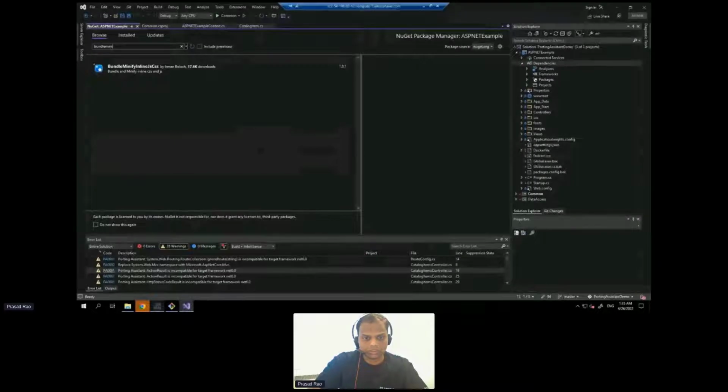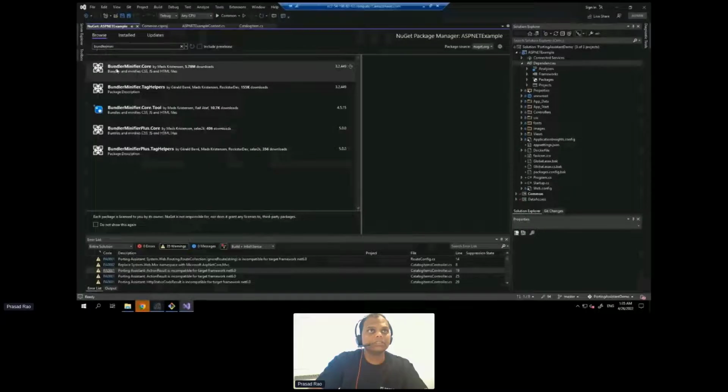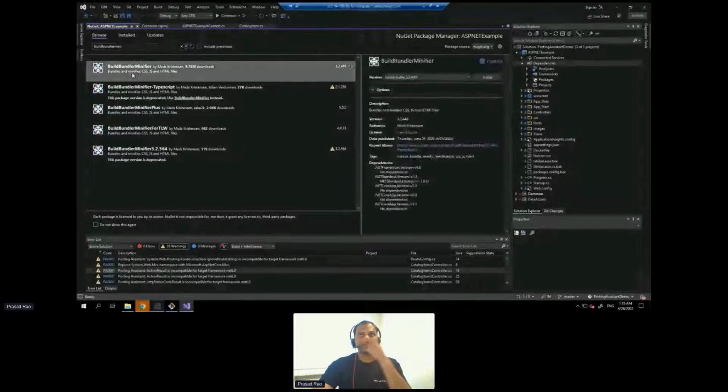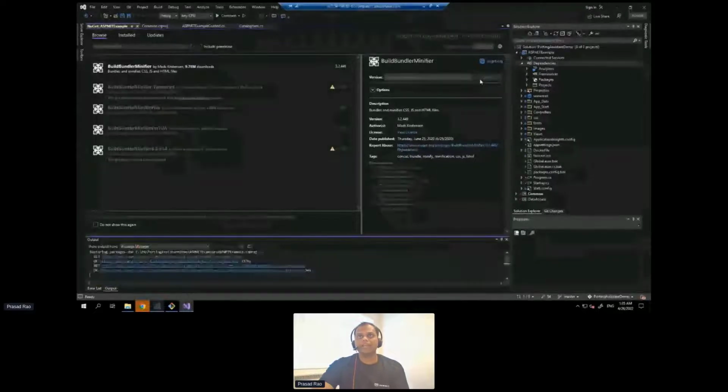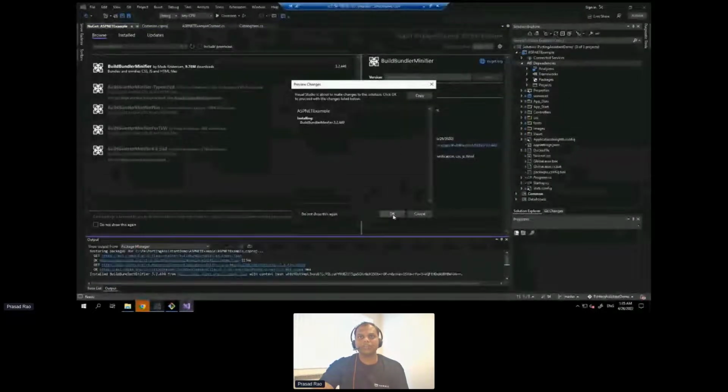Nope, not this one. Build bundler minifier. Finally, I have the one which I'll need. Cool. Install, and then I'll also need